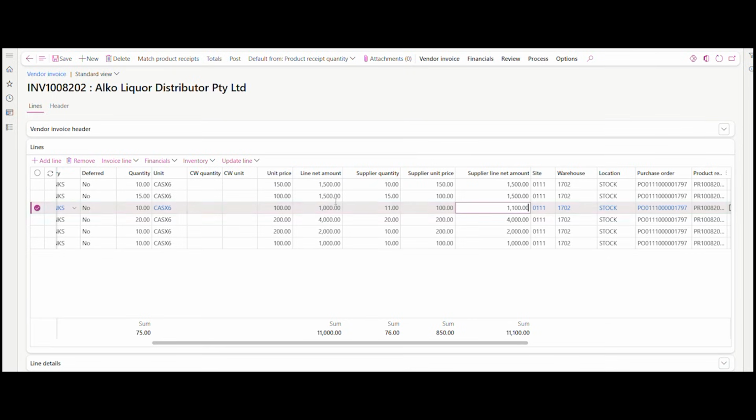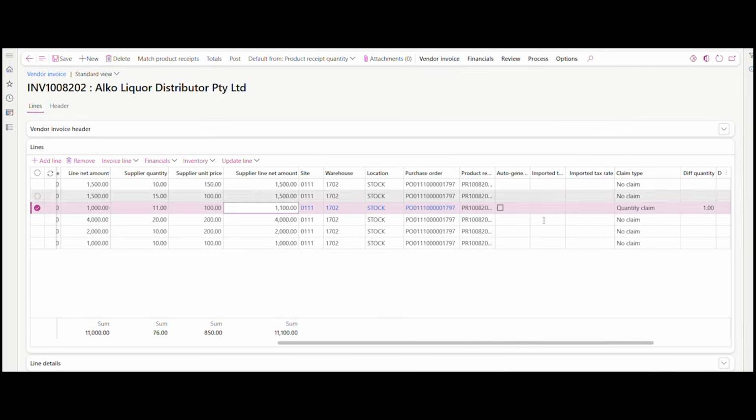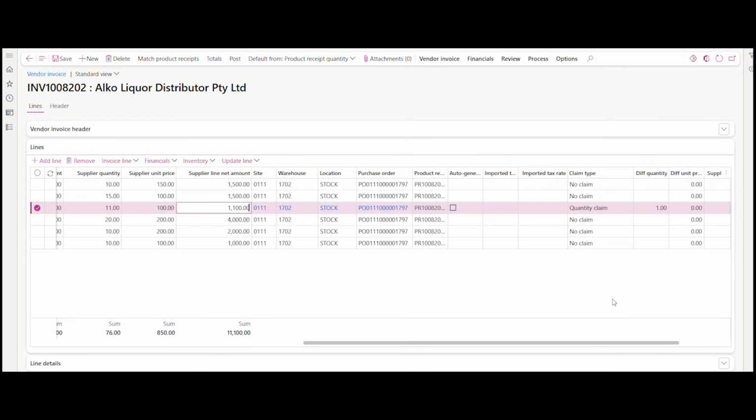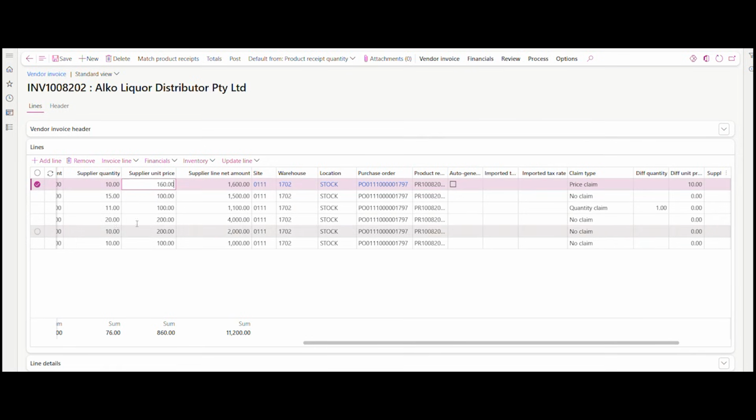Once we have changed the values here, the system will automatically calculate the claim type based on the figures we are entering in the quantity as well as the net amount. The system will automatically calculate the difference, whether it's a quantity claim or a price claim. First one I made as the price difference, then it was calculating that as a price claim,